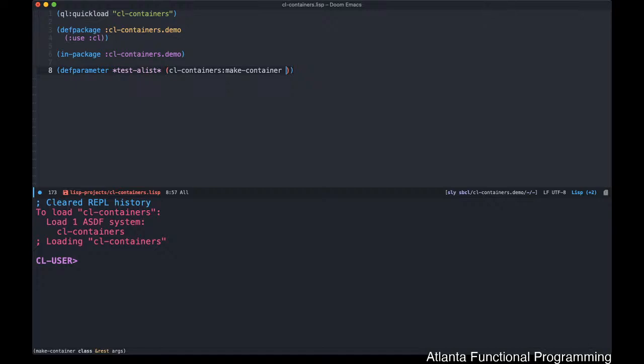But hold on one second, let me just double check my notes here. Did I write this wrong? Where is it? Well, I wrote about make generator, but I didn't write make container. Okay, so